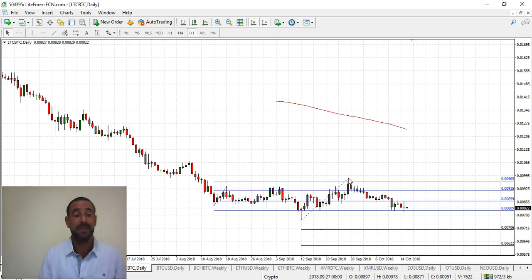But let me say this. I've placed my top favorite two projection key levels, which is the 1.236 and the 1.618. Those, from my 15 years of trading experience, I found those two levels to be the most reliable. So once price breaks below that bottom key level 0080, and it looks like it's about to do it, any second, any day,